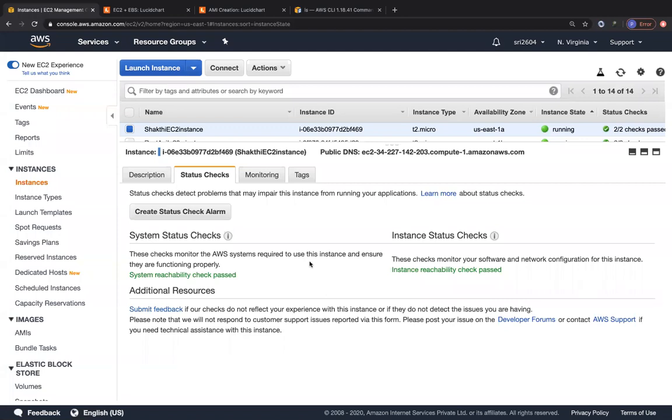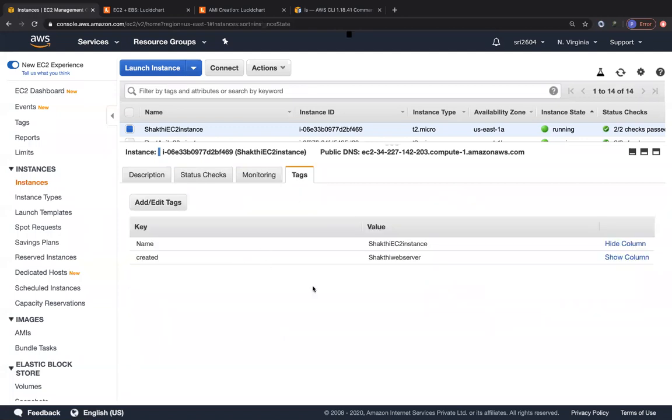Okay. Now under tags, you know that you have to always associate meaningful tags to your EC2 instance so that in your billing report or your cost report, you're able to find out that these tags are associated with my EC2 instance and this EC2 instance has cost this much. Okay. So keeping all of these things in mind, there is only one more configuration that I would like you to notice regarding scheduled instances.